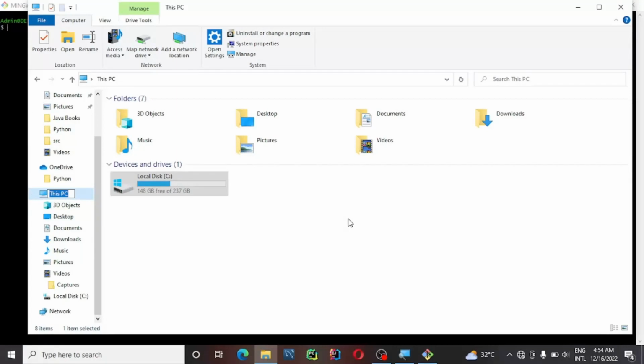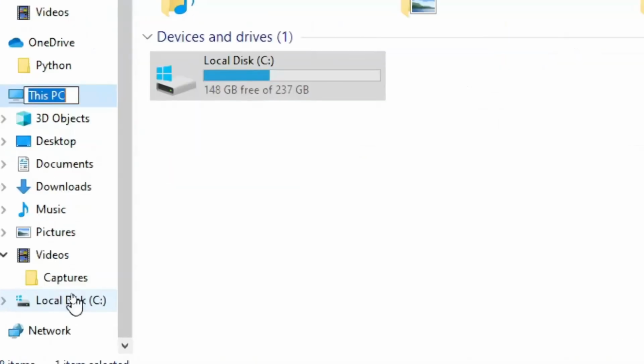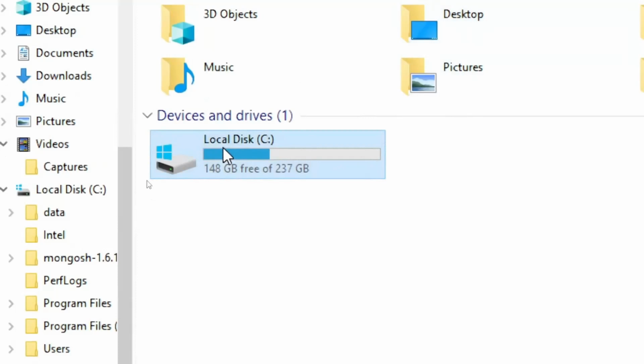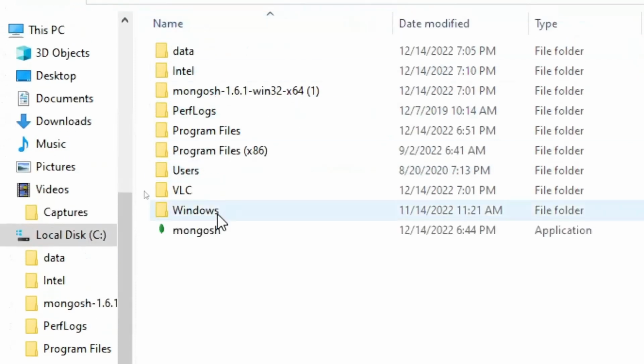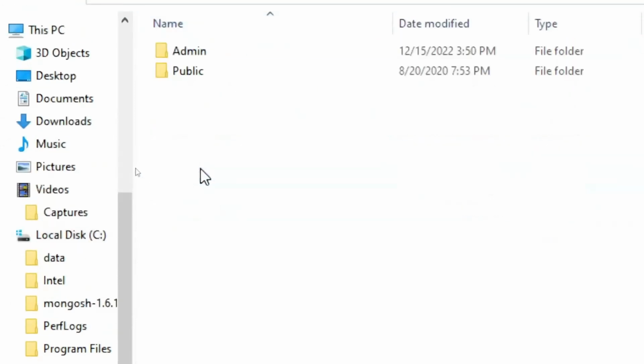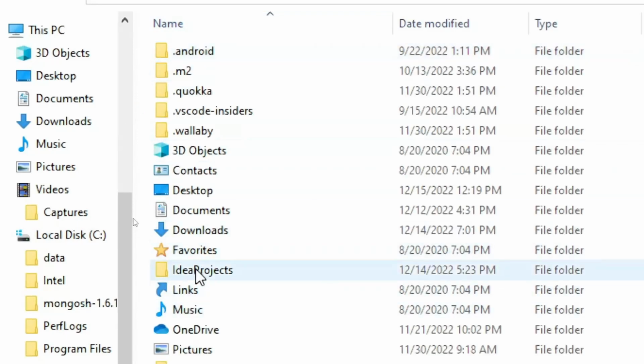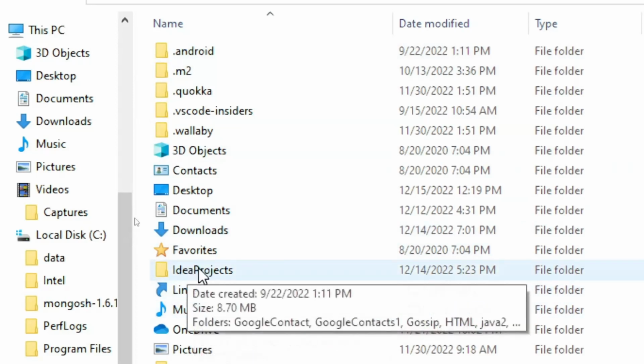The first thing we are going to do is click on your local disk, because this is where we want. I will just zoom in here. We just click on local disk. Then once you're done clicking on local disk, click on users, click on admin. Then the one I want git presence to be there in is idea projects. So just click on idea projects,